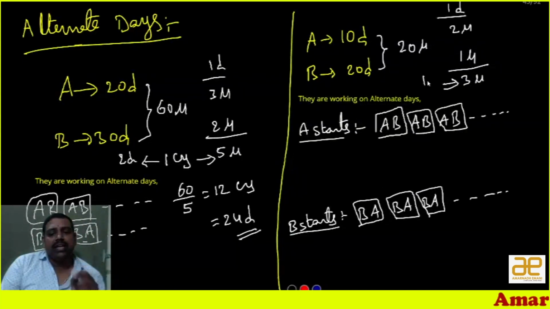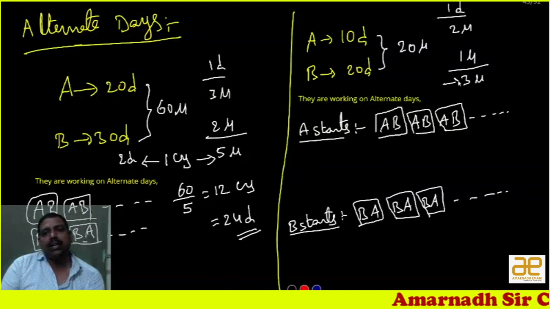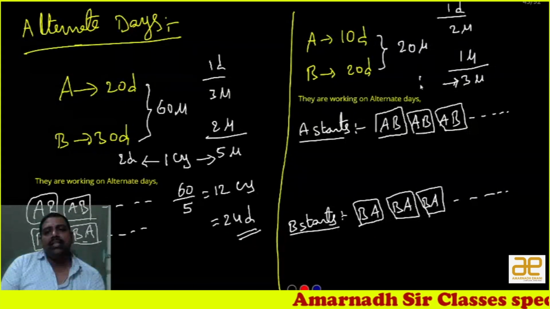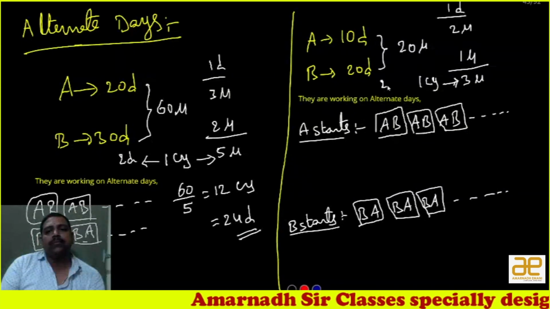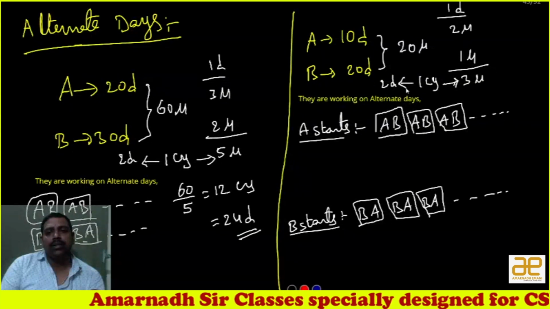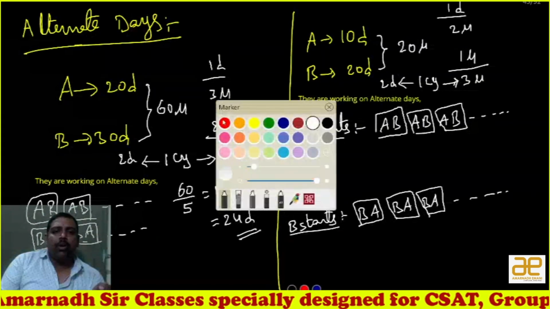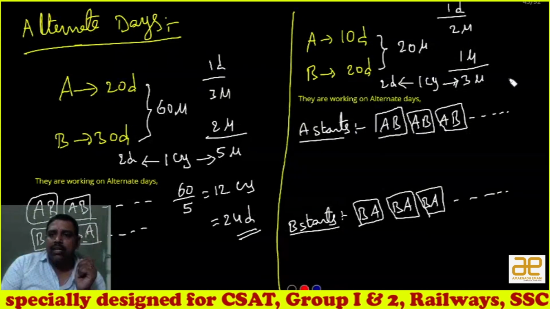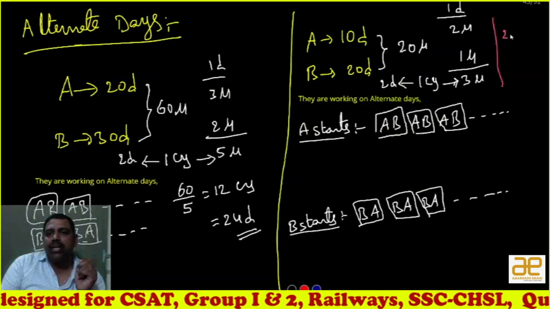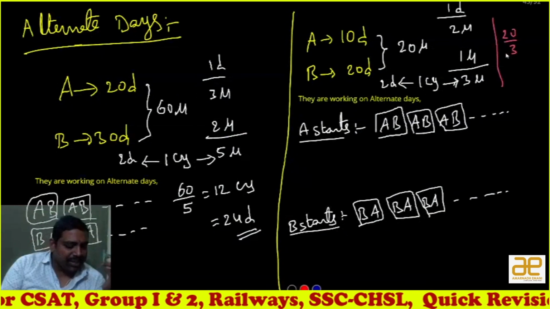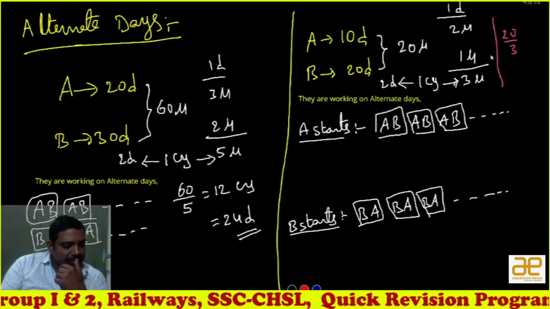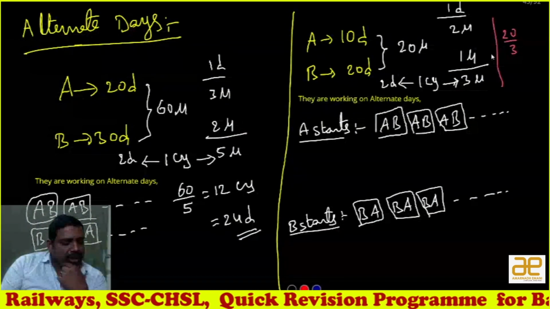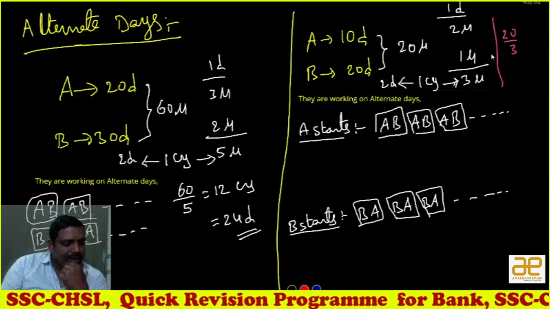That means the work completed is 3 units. That is known as one cycle. One cycle here also becomes 2 days. Now the most important point is that the units they have to complete is 20 units. So it will be 20 by 3. It is not exactly divisible. By alternate this in line graph, I told you, sir.